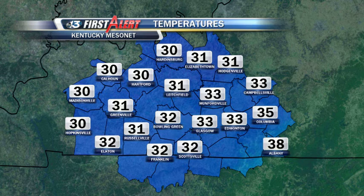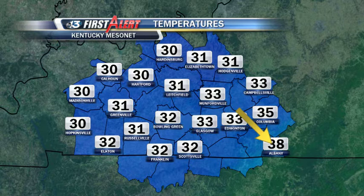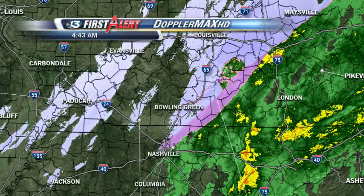Temperatures have everything to do with what you're seeing now. We're seeing more of rain out to the east, where temperatures are in the mid-30s this morning, like over, say, in Columbia, Campbellsville. They're right on the transition. Albany at 38. Scottsville, you've gone to 32. Russellville's reporting some light snow now, and 31. We're at 32, right at the freezing mark here in Bowling Green, and we're starting to see the transition over